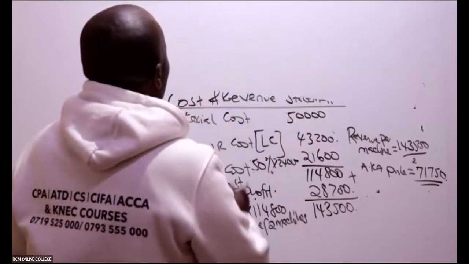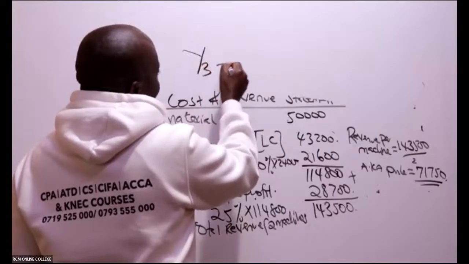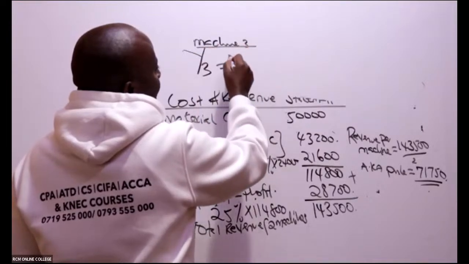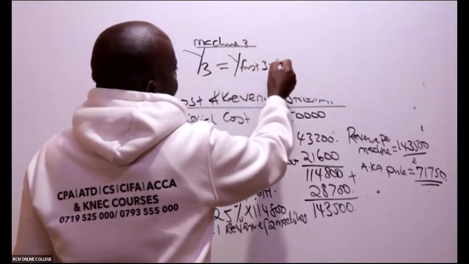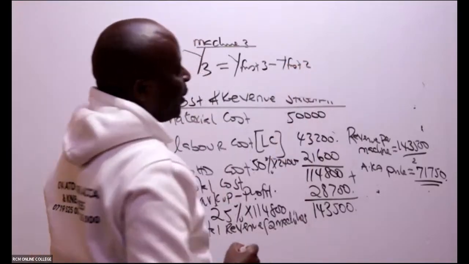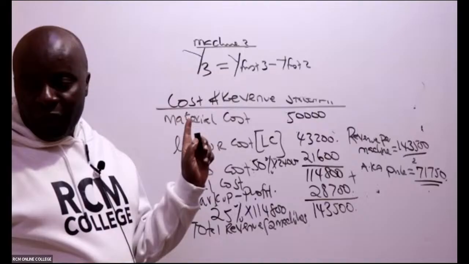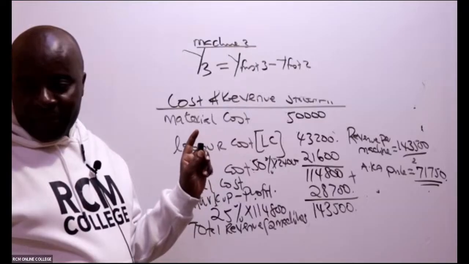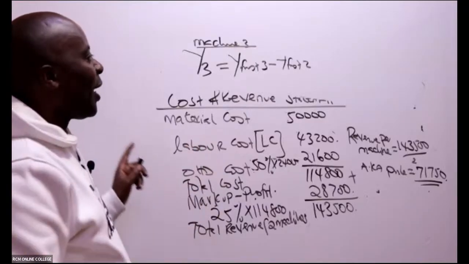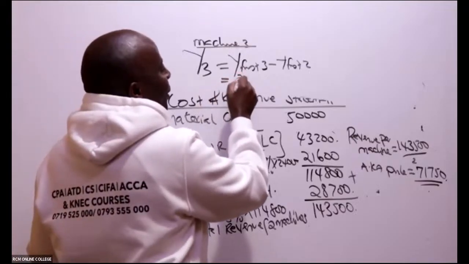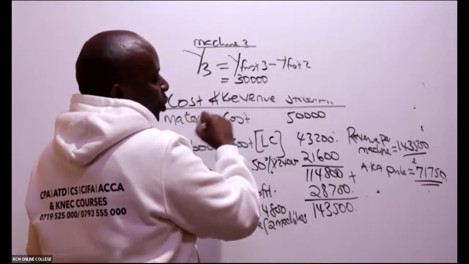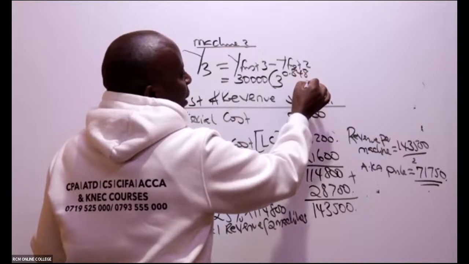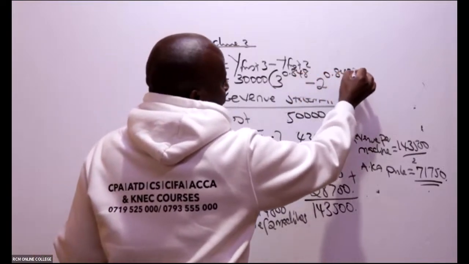No worries. So we do Y3 alone. So machine 3. For machine 3, I'll say Y first 3 minus Y first 2. Is that okay for machine 3? Yes. Then you come here, remember, it will be 30,000 outside, the A, which you had gotten, the A was 30,000. Into 3 raised to the power, minus 2 raised to the power, like that.